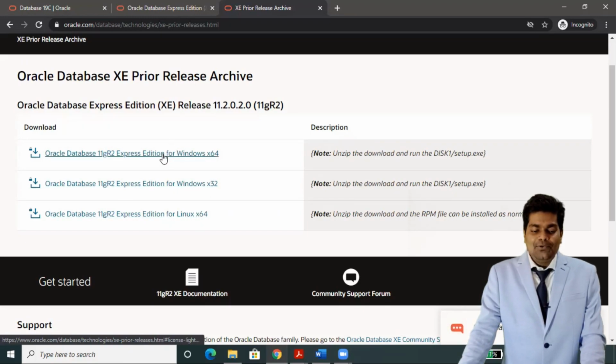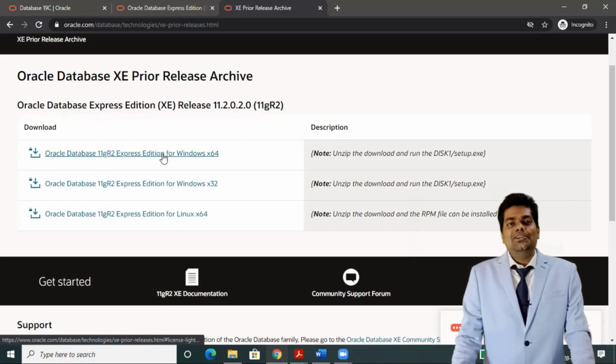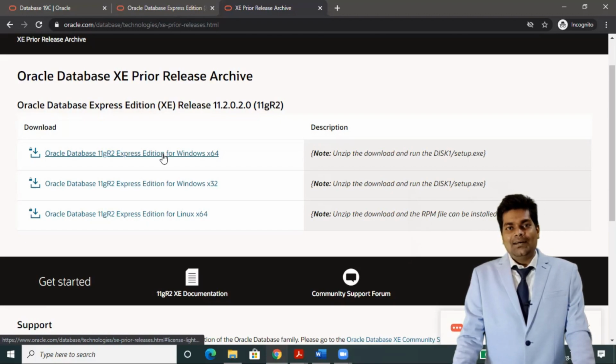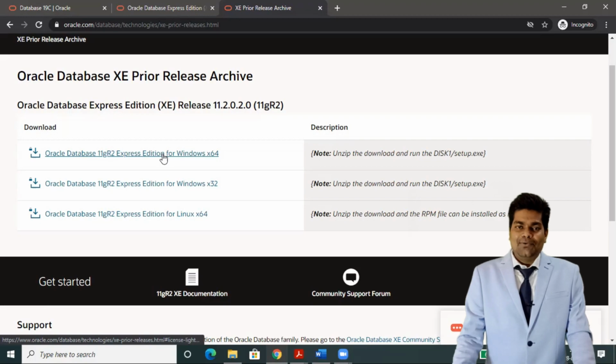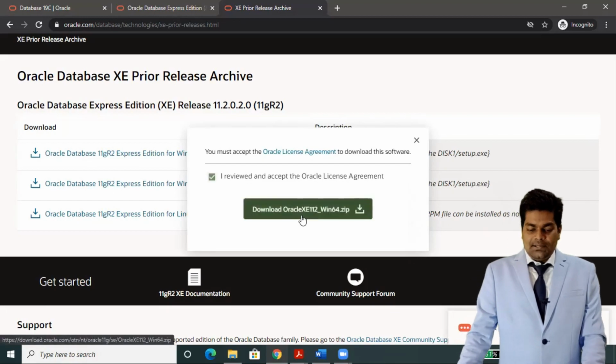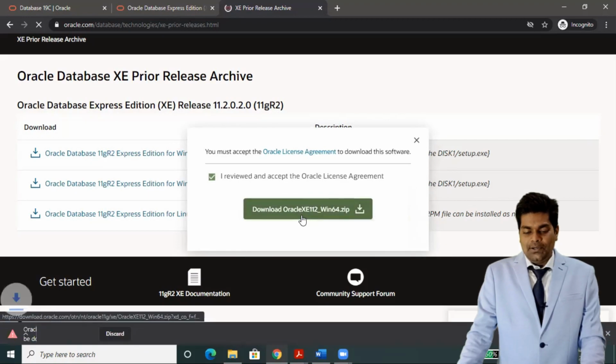I would download Oracle Database 11G Express Edition for Windows 64-bit. You have to create an account, and it's free of cost. We simply click on download and accept the Oracle license agreement, then click on download zip file.